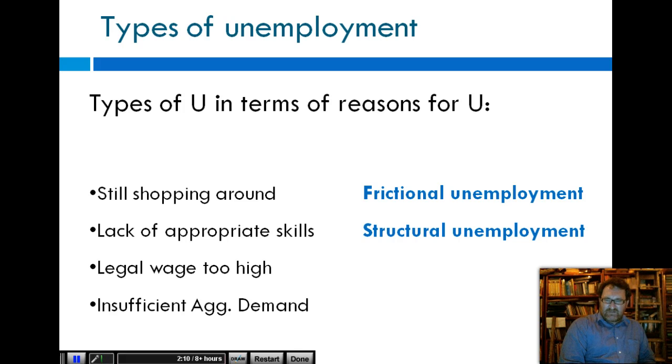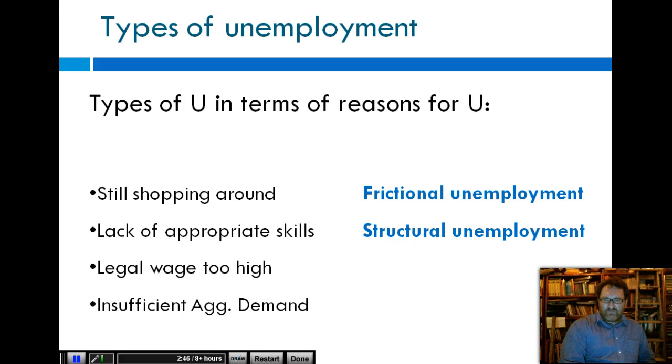It is that this person hasn't been matched up to an employer who is out there somewhere demanding someone with the skills that this person possesses. So this is frictional unemployment. There's friction in leaving one job and gaining employment in another. The other type is structural unemployment. So this is where the structure of the economy,